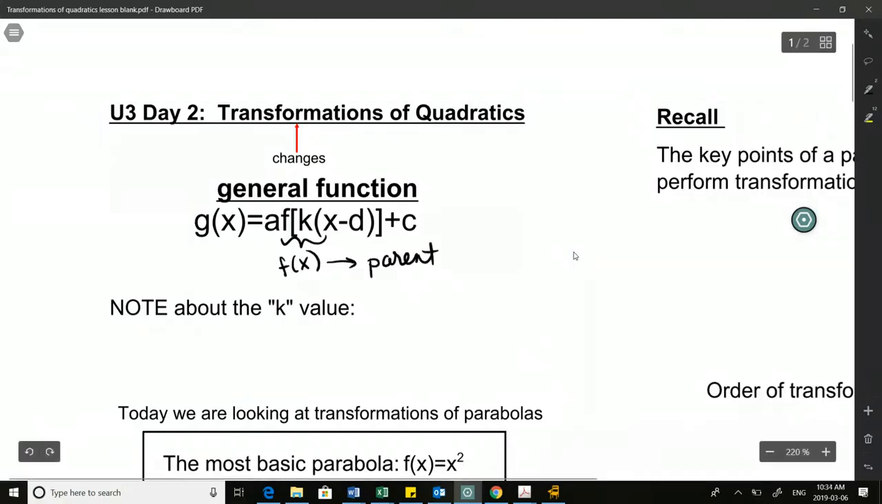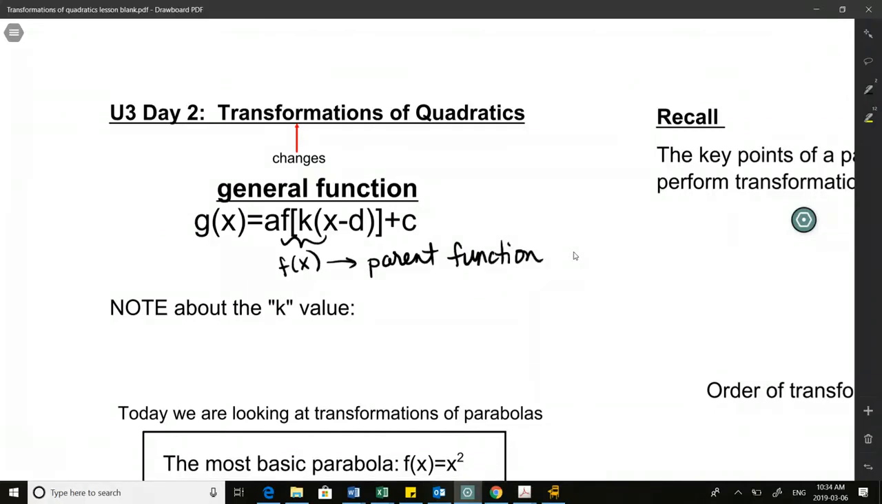So in our lesson that we were just finishing up from yesterday, our parent functions were just like the functions that were pre-graphed for us. Today we're going to talk about exclusively using the parent function x squared and how we can perform transformations to